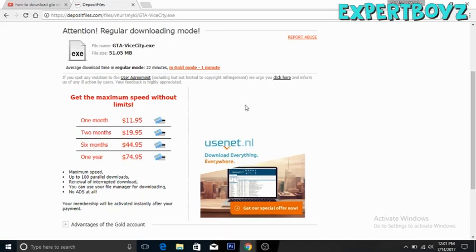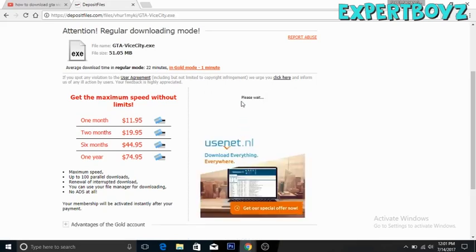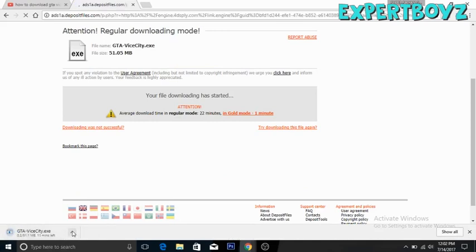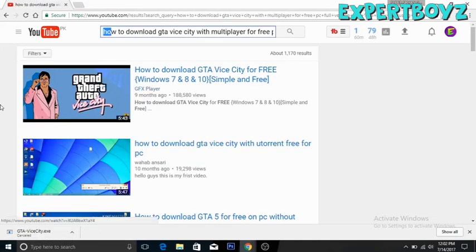Now basically please wait. Now we will enter a captcha here, give it a second. Yep, point blank. Download file, it will say. You will click here and it will start downloading the file, and as you guys can see, it's downloading. It's 51 MB. After it's downloaded, if you have torrent, it will give you the torrent file. Just download that torrent and you're good to go. After that you just need to set up the game, and it's so simple.